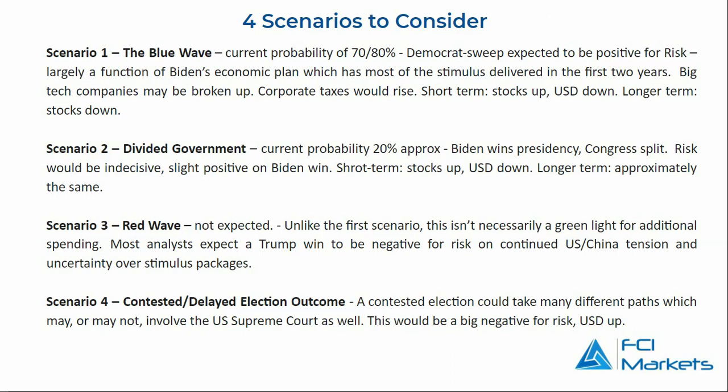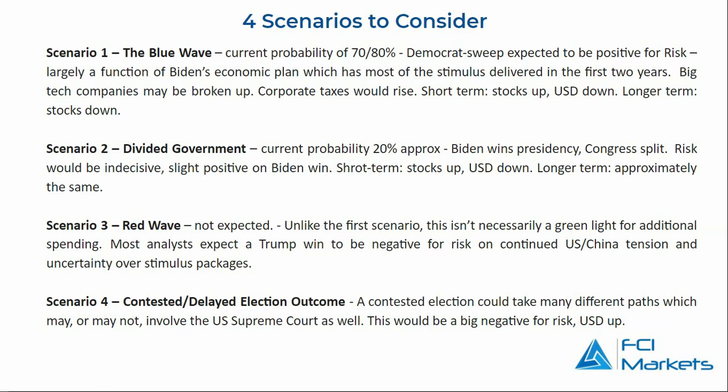The second scenario is a divided government. So there isn't a large probability on this happening. Some analysts suggest around 20%. And in this case, Biden would win the presidency, but Congress would be split. Okay, and in this case, it would be tougher for Biden to make law, to promote his policies, and there'd be a bit more uncertainty. So there would be a bit more indecision,